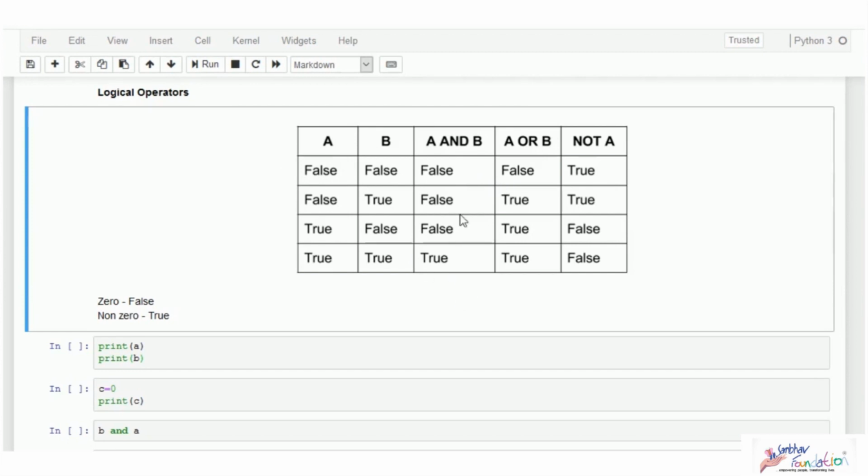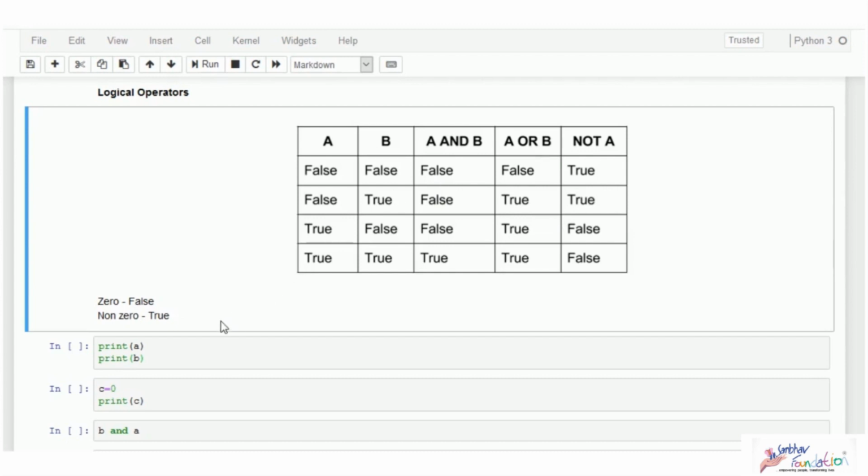Note that we talked about unary and binary operators, right? So note that NOT is a unary operator since it works on only one operand, and AND and OR are binary operators since they work on two operands. So even if you have more than two operands, when you keep simplifying the ANDs and ORs, we are only going to evaluate two operands each at a time. So remember the truth table very well. For now, understand how it works. As for why we need this, I just told you moments ago. It will be even more clear when we learn about conditionals.